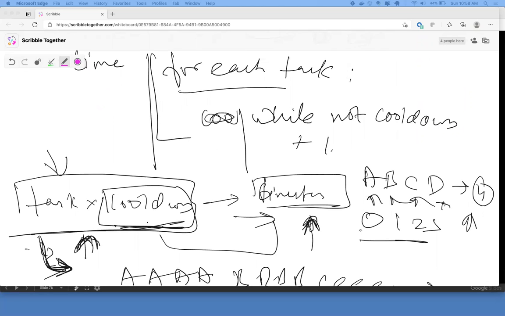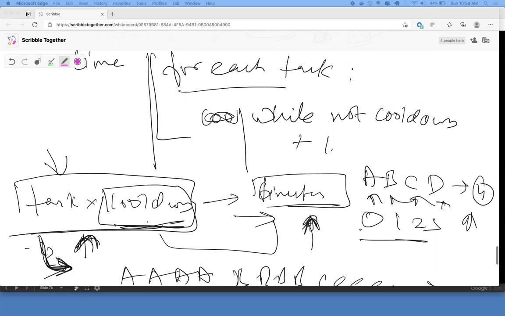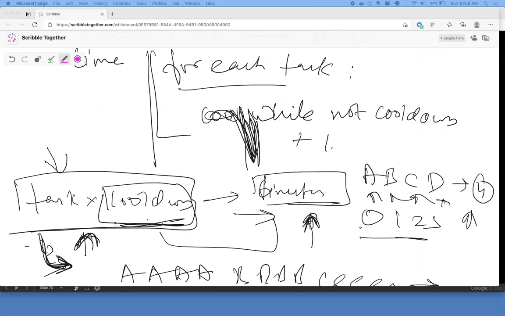So rather than using the while loop, while not cooldown, if you encounter something that's not at the time it's supposed to be able to run, just increment your counter by that much, or insert that many blanks, or increment your timestamp by that much, and then add 1 for what you're going to run.